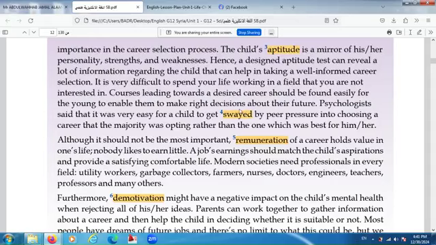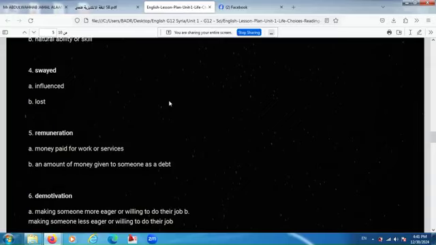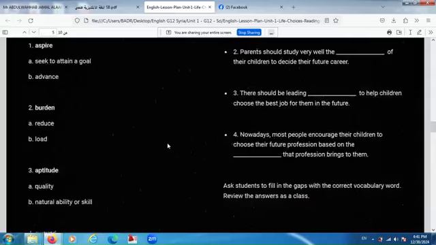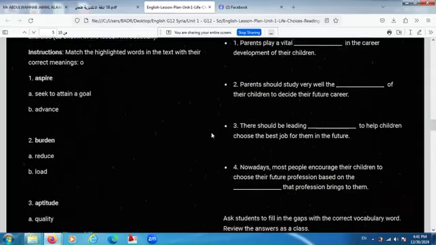I need them to read the whole sentence, which has the keyword, and then let them decide which answer is the correct one. It is not to open the dictionary or look up the meaning of a word. It is to choose the best meaning for the word. It is the contextual meaning of a word. It is very important to understand this.